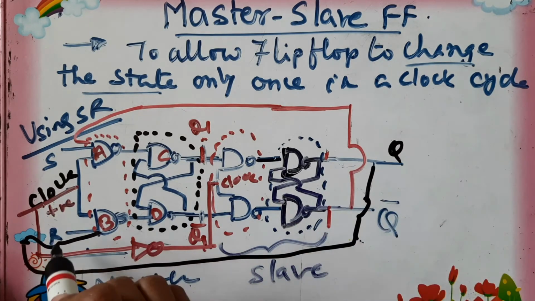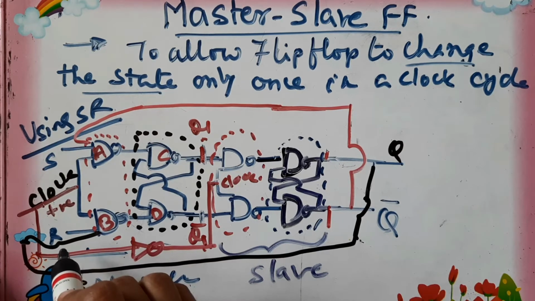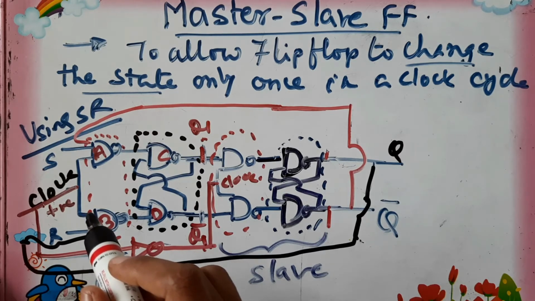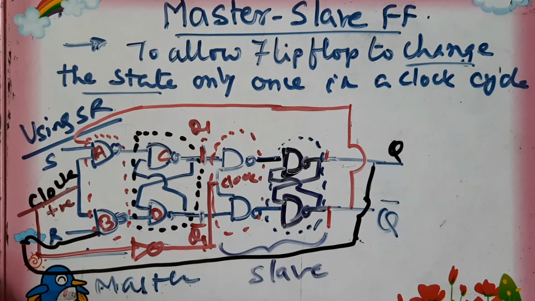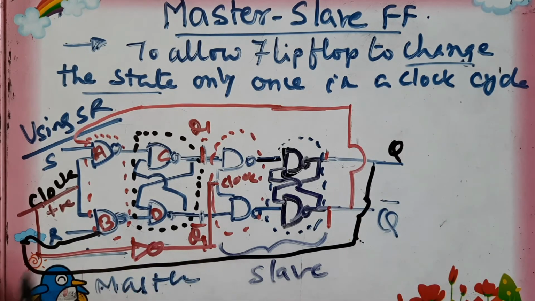Whenever S and R both are active, the toggle state occurs. So this is to discuss only 1 combination of S and R, because other combinations 0 0, 0 1, 1 0 are normal, but this 1 combination is very important, that can be converted into toggling state by using this feedback, and because of that racing occurs.